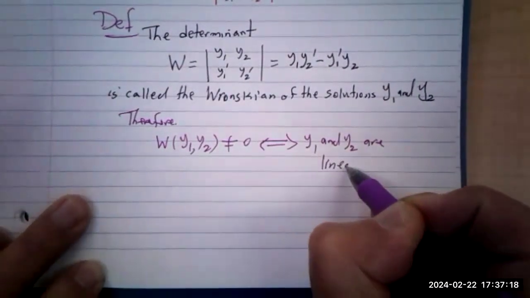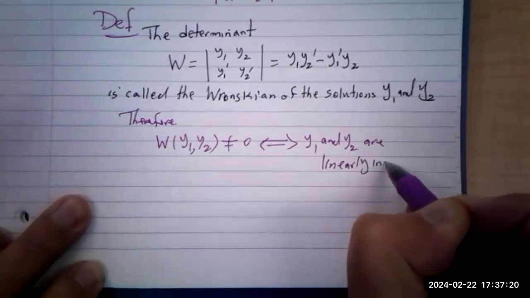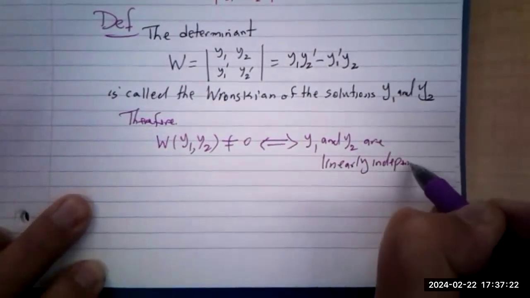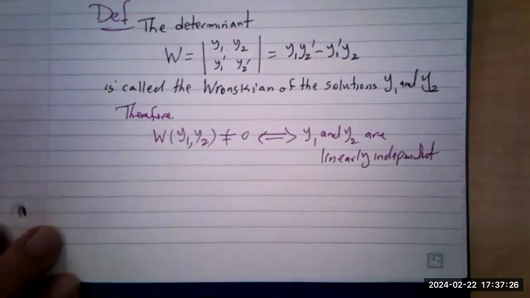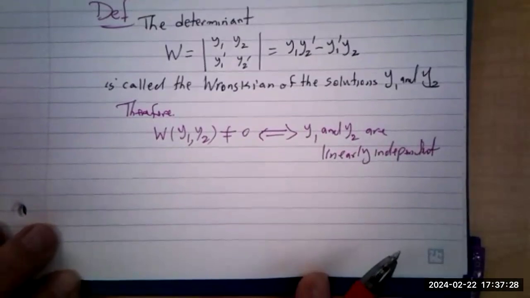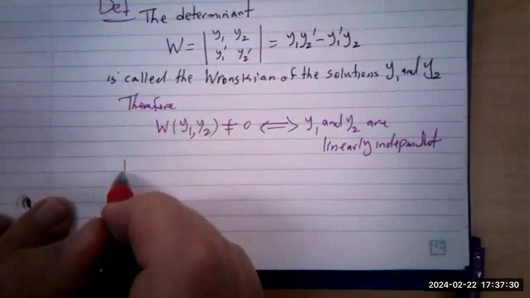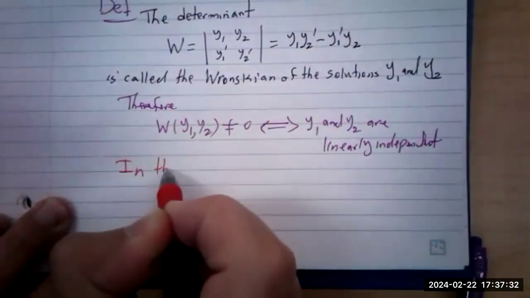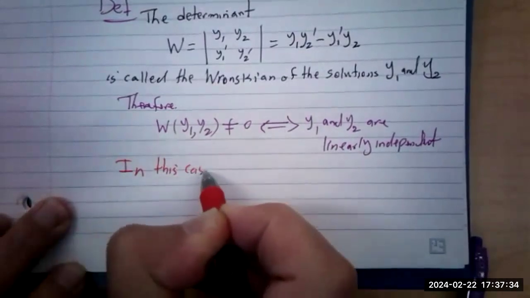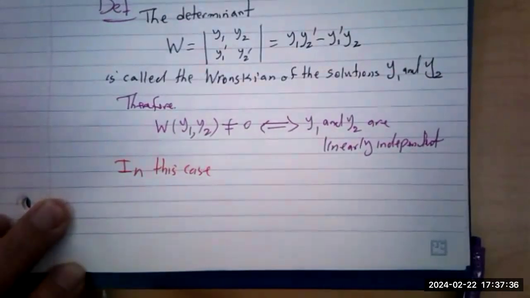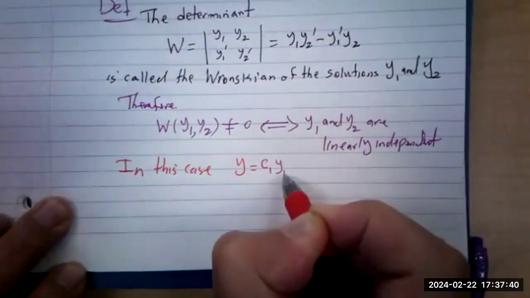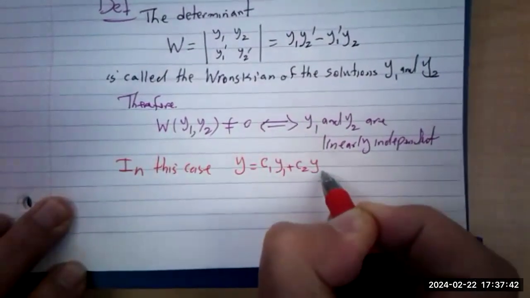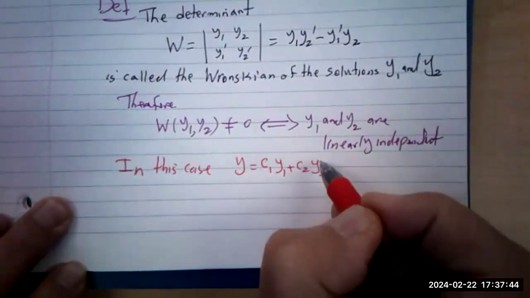If you know this type of expression, linearly independent in linear algebra. This basically means that if you have solutions with a non-zero Wronskian, y equal to c1 y1 plus c2 y2 is going to be the general solution